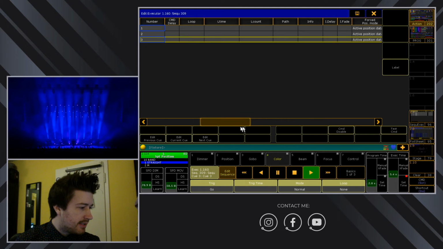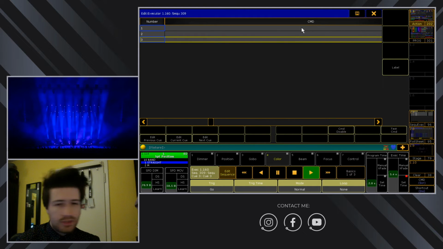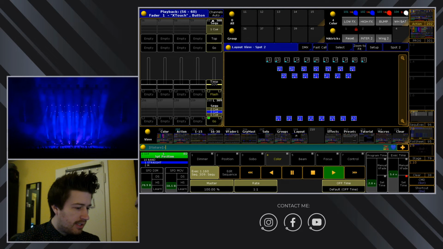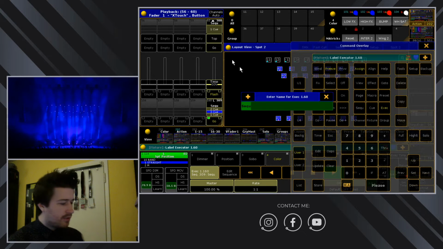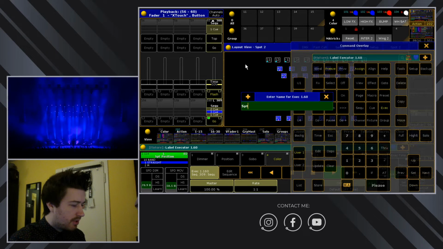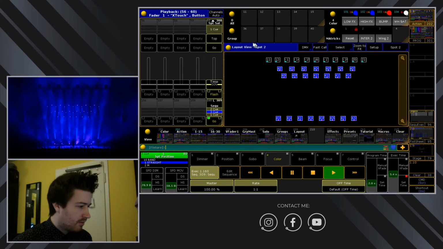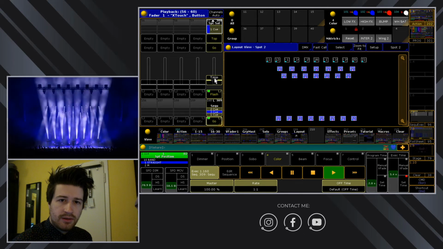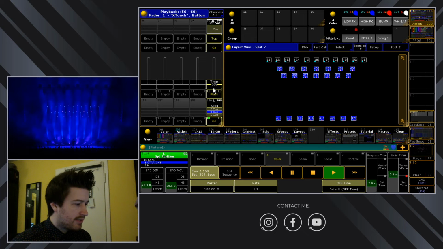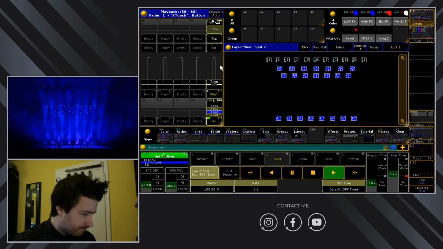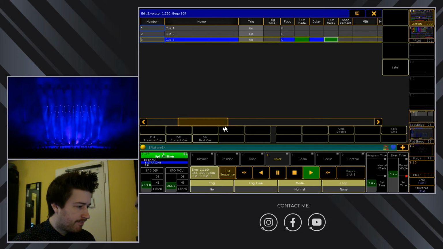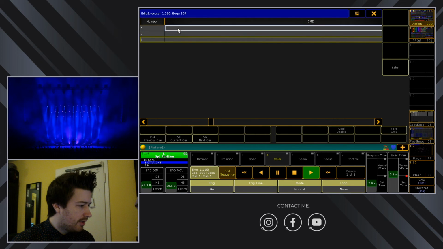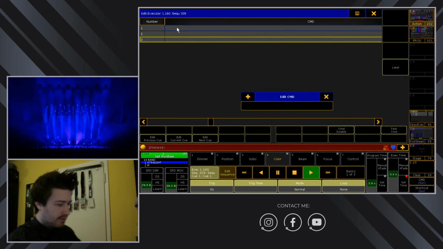And as I said, now we will make use of the command line. First, let's label our saturation cue, and I will call this spot set. Cool. So that's controlling the saturation of my spots. And now I can reference this name in the command line. So the command I'll use for this is